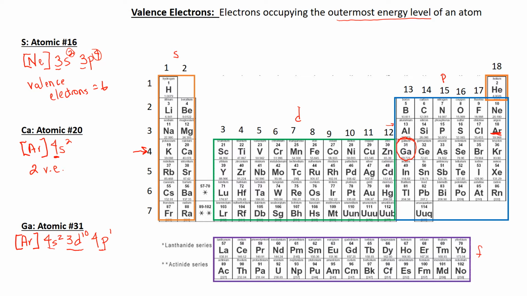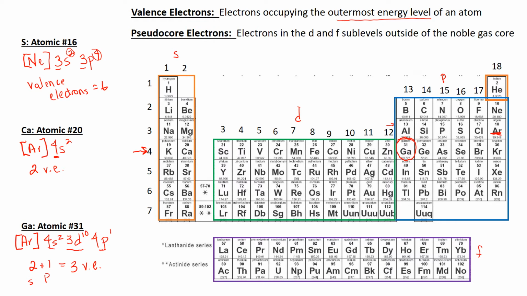So for this one, we would actually say for valence electrons, we have 2 from the S plus 1 from the P, which equals 3 valence electrons total. But what do we say about those 3D10 electrons? Well, those are called pseudo-core electrons, right? They're not actually part of the noble gas. Argon does not have any electrons in the 3D sublevel. So we can't put them in there with the noble gas, but they're also not part of that outermost energy